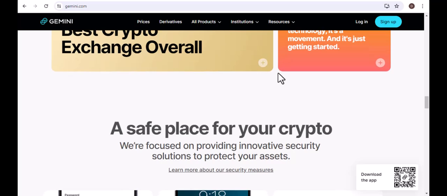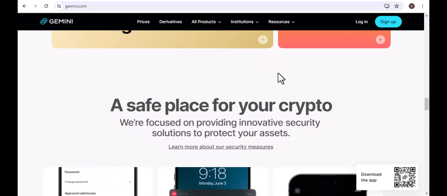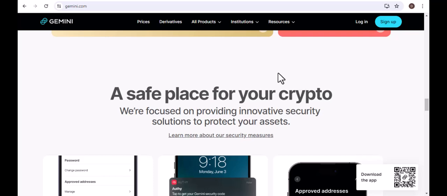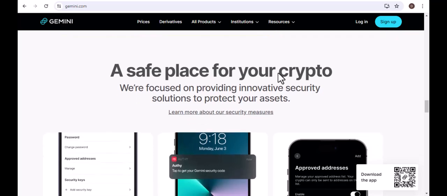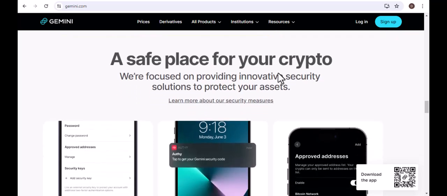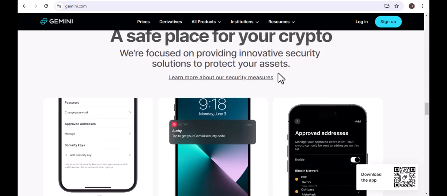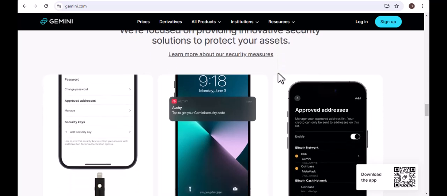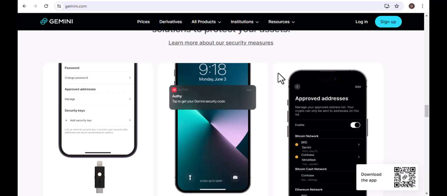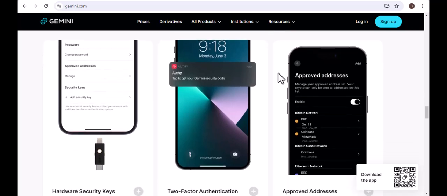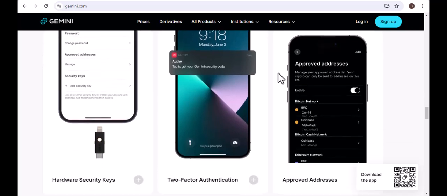Click on the current trading pair displayed, e.g., BTC/USD. A drop-down menu or search bar will appear. Search for the specific cryptocurrency you want to buy or sell, and then select the corresponding trading pair. For example, if you want to buy Bitcoin with US dollars, select